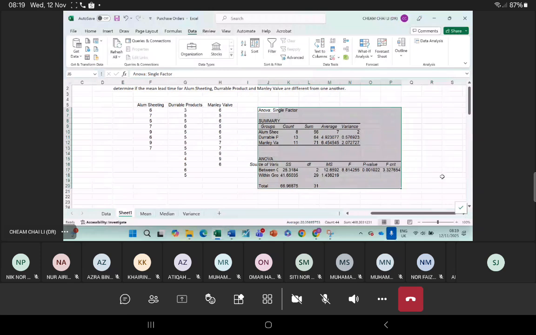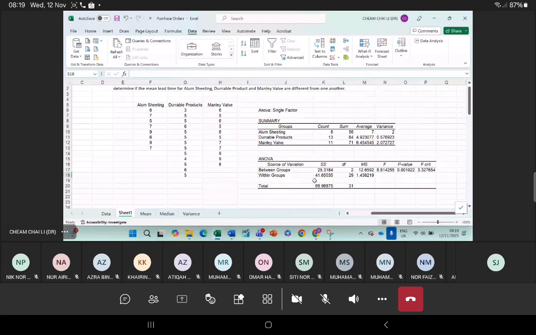Right, saya rasa semua dah tahu. Yeah, you have studied this before in the statistical method, right? And when you run the analysis for ANOVA, yang betul dia akan keluar these three groups, shifting, durable product, and reward, and the count, the number of observation, the sum